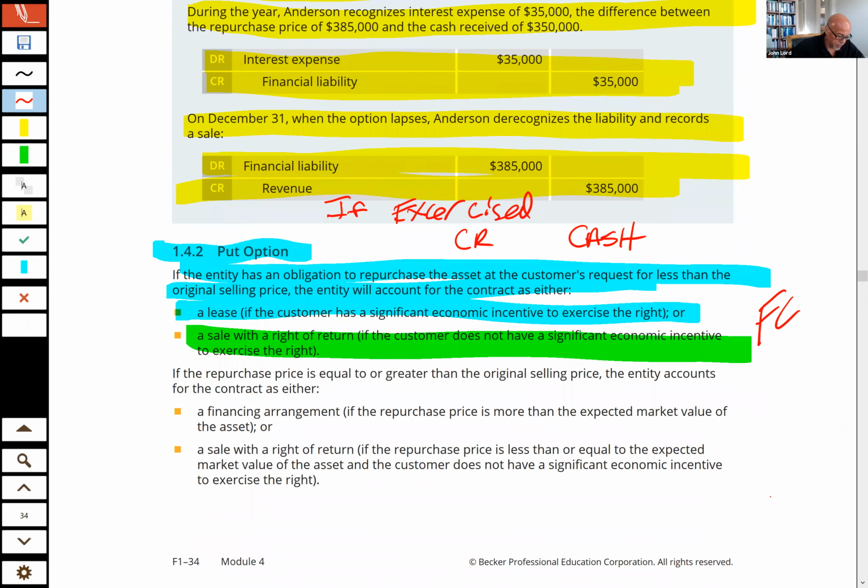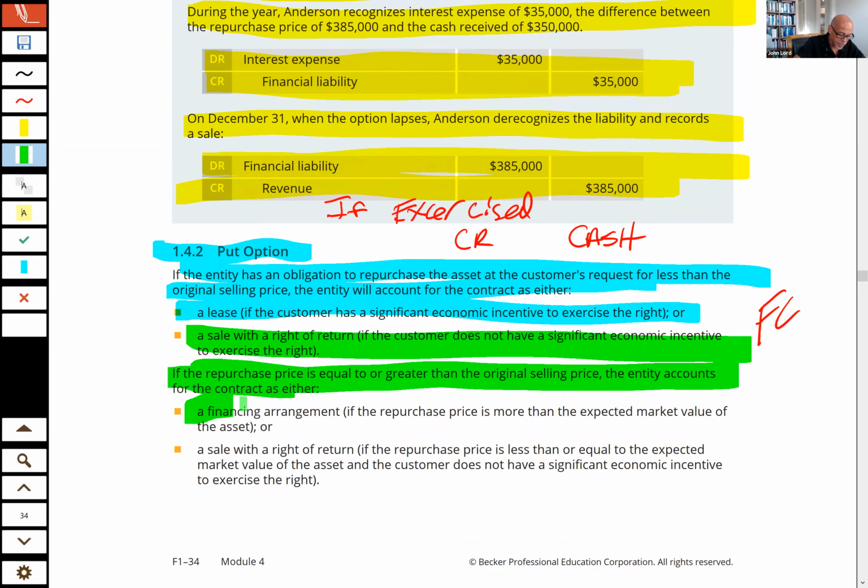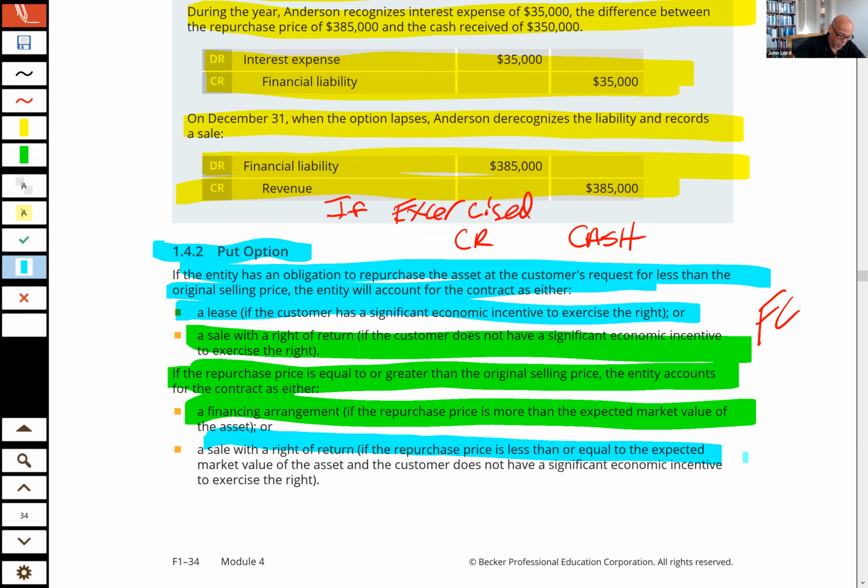If the purchase price is equal to or greater than the original selling price, then it is a financing agreement, just like we said for the forward or the call option, or it could be a sale with the right to return. So just flashcard the